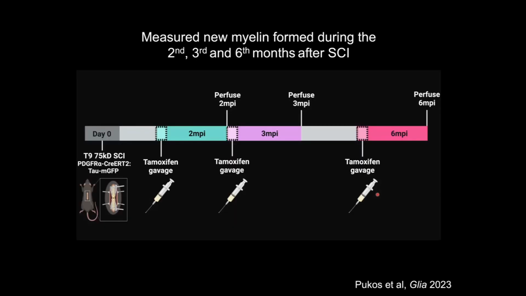So in this model, Nikki again did mild, moderate contusions in the mid-thoracic level of the mice spinal cords, and then waited to different times to give the animals tamoxifen. So for this example here, some of the mice got tamoxifen at the beginning of the second month post-injury, and then we perfused them at the end of the second month to look at myelin changes at this point. Some mice did not get tamoxifen until 3 months post-injury, and some we figured we'd wait for a long time and see. If we wait out to 6 months post-injury, we would anticipate that there will not be much going on at that point in time. So she gave tamoxifen at the beginning of the 6 month post-injury and then stopped at the end and looked for evidence of new myelin, new oligodendrocytes.